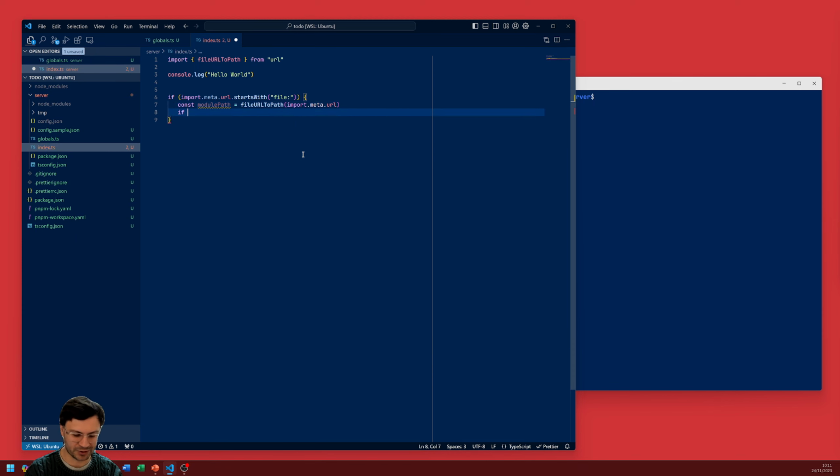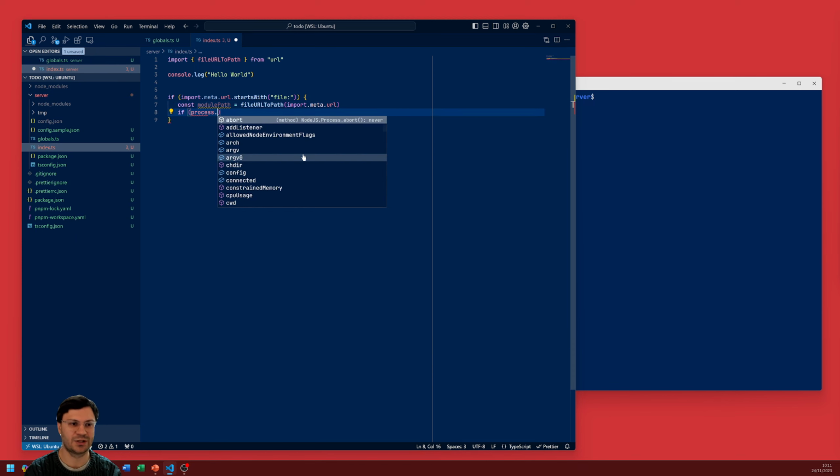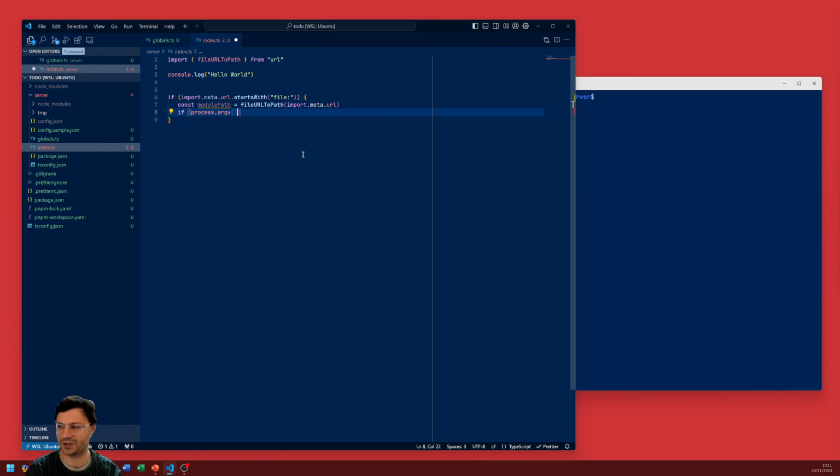And now we want to just check that this process is this file, and if so, we're going to run the server. So we're running as main, so we're going to log running from server/index.ts,